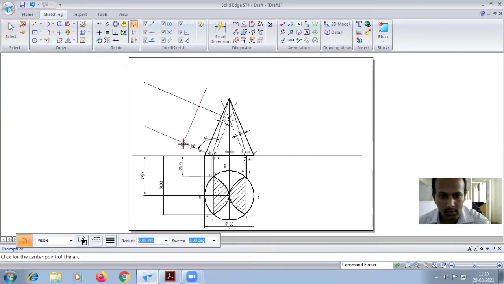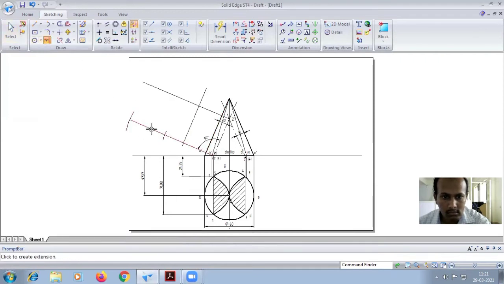Okay, from there, using the arc by center method, you have to take the dimensions. 24.85 first, that is for point 5, and for point 1, 71. So carefully you have to give these dimensions. Okay, that is the sweep. You have to give the radius only, that is 71.08. Okay, so arc at that one. If the line is not enough, just extend that one.